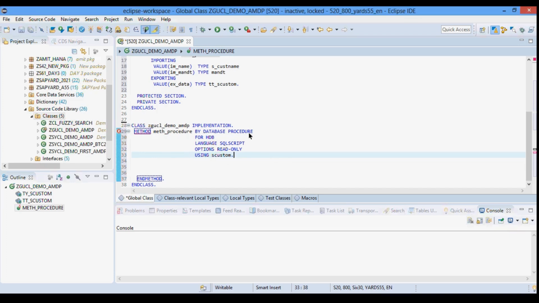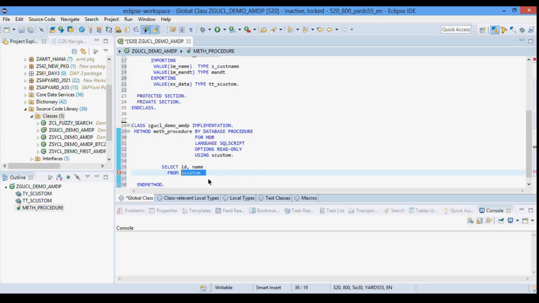So I'll quickly write a logic here in our case. Let me just write select id, name from this SCUSTOM.